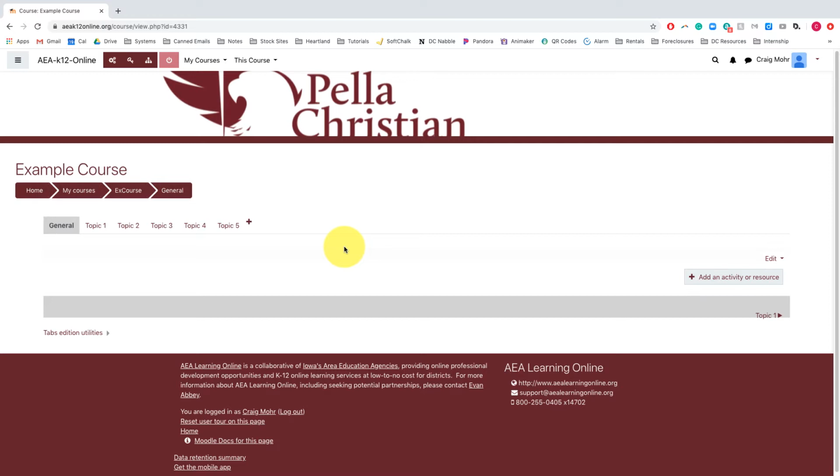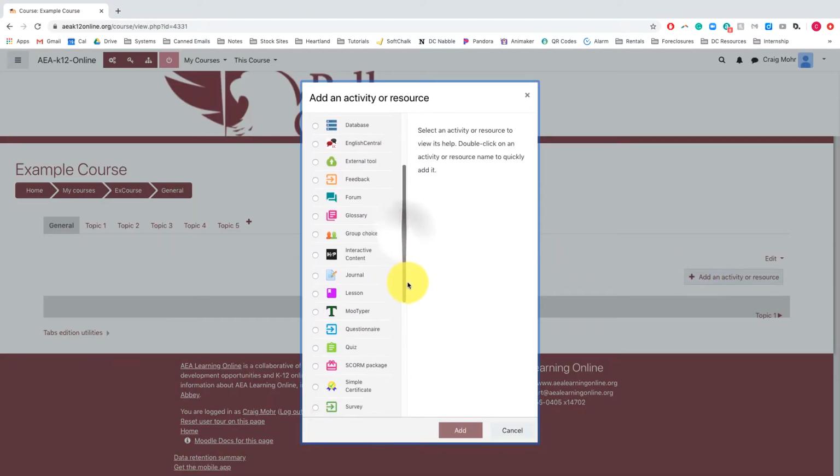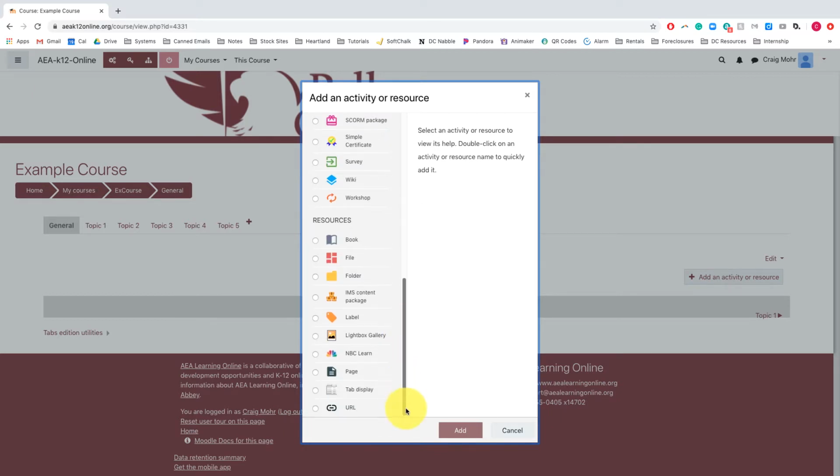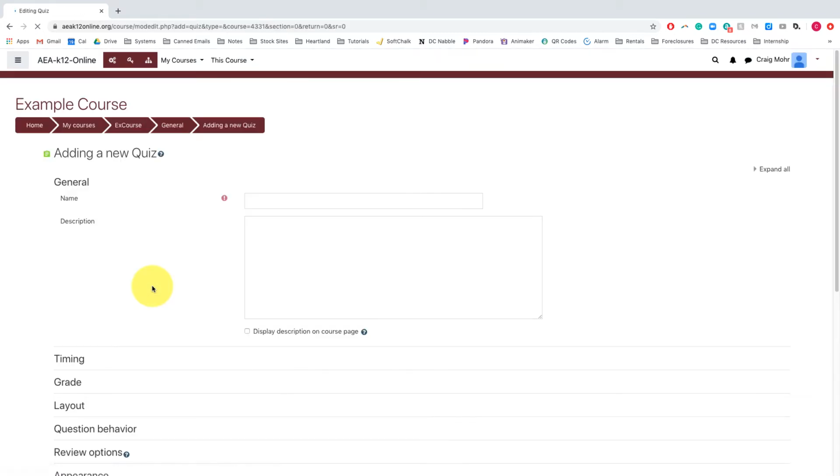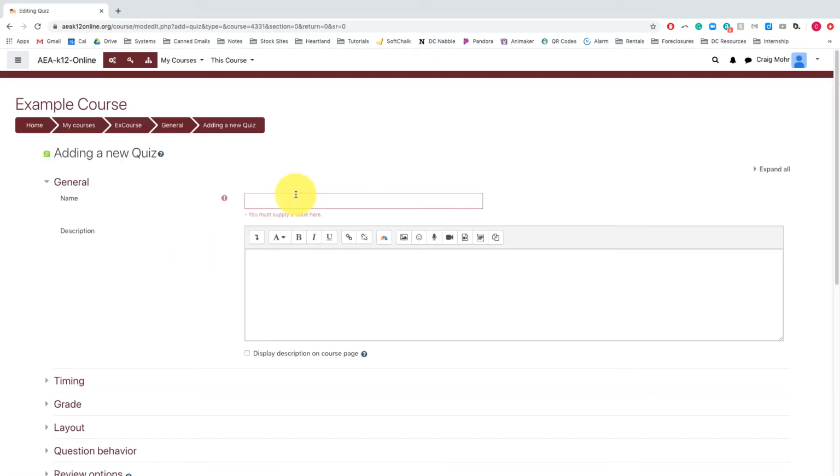So if you want to make a quiz, first off, quizzes are pretty powerful. You can get a lot of data from quizzes that you can't from typically administering a quiz in a traditional fashion. So what you're going to do here is first go ahead and click on quiz, and you're going to add this. Now the settings for the quiz,